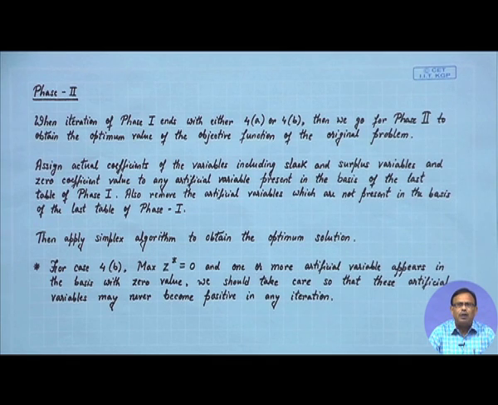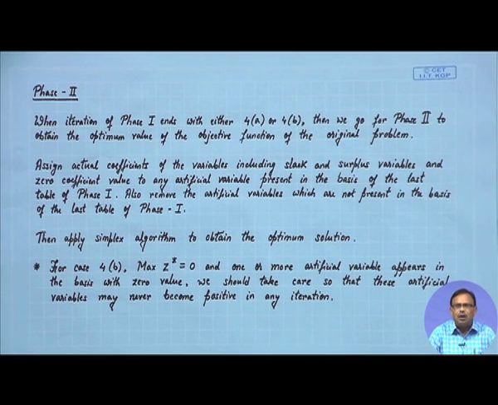But now, when we go to phase 2, we are assigning actual coefficient values to all the decision variables, slack variables and surplus variables. And please note, if any artificial variable is present, then we are assigning 0 as the coefficient for that